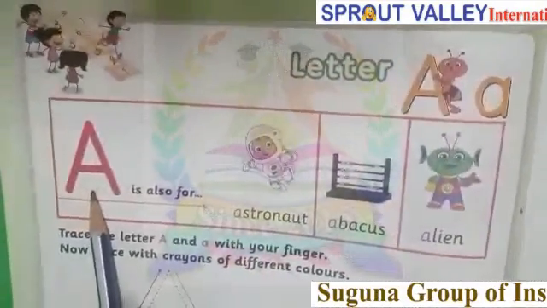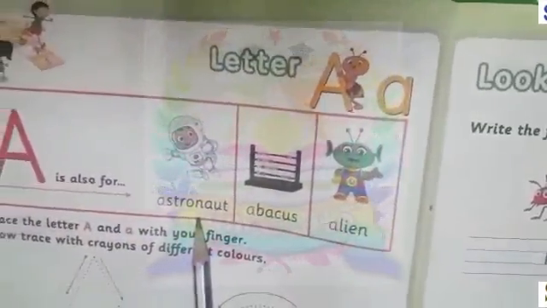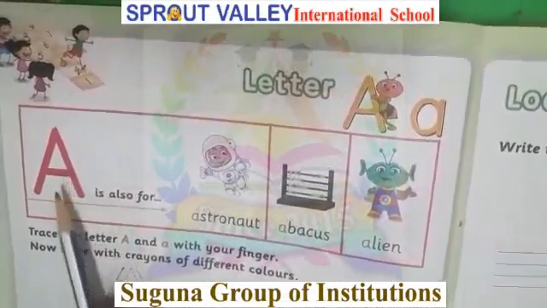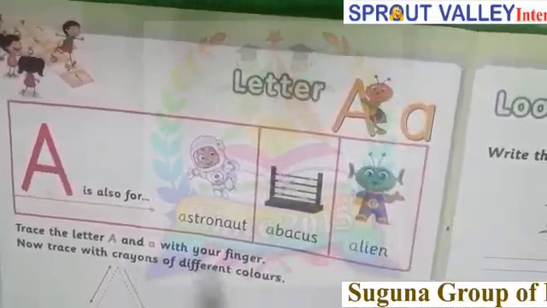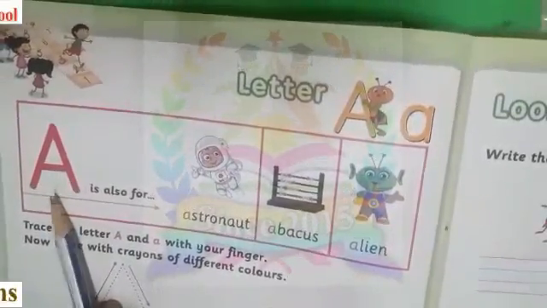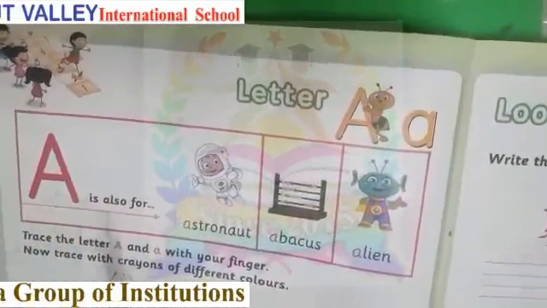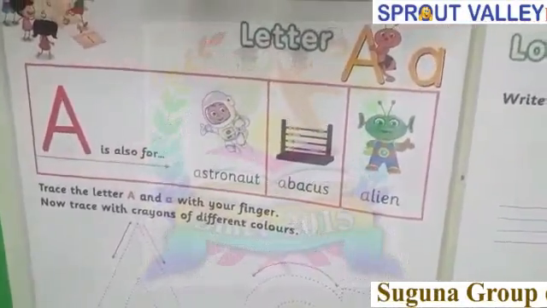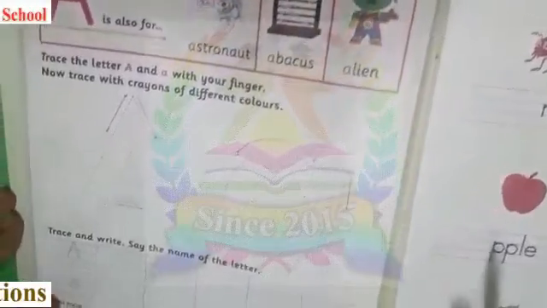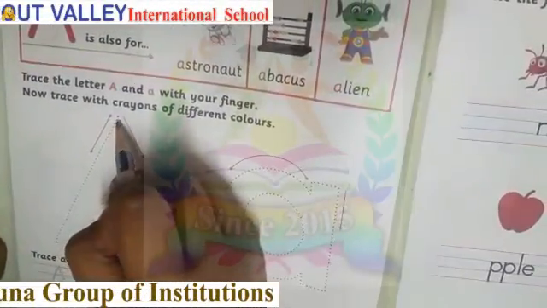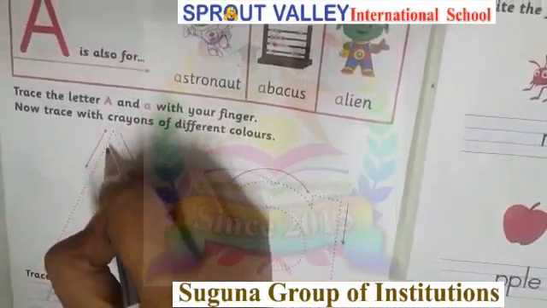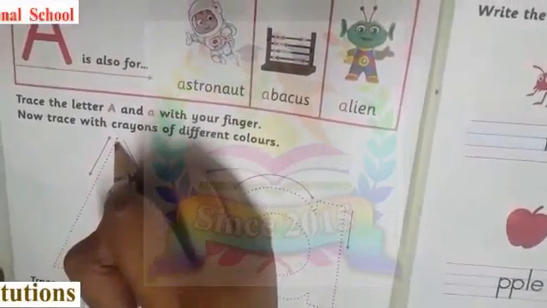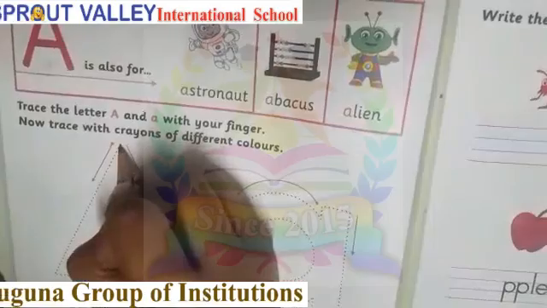A for astronaut, A for abacus, A for alien. A sounds A. Okay, we are going to trace capital A. See here, the starting stroke of letter A starts from up,